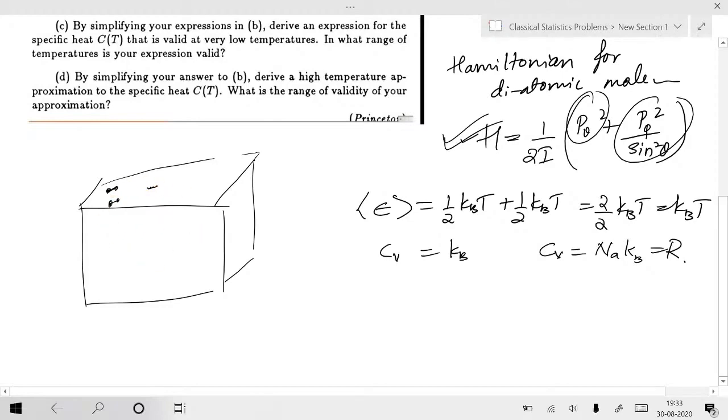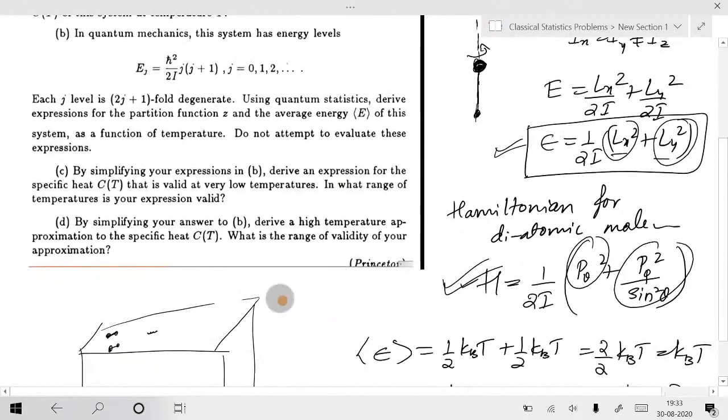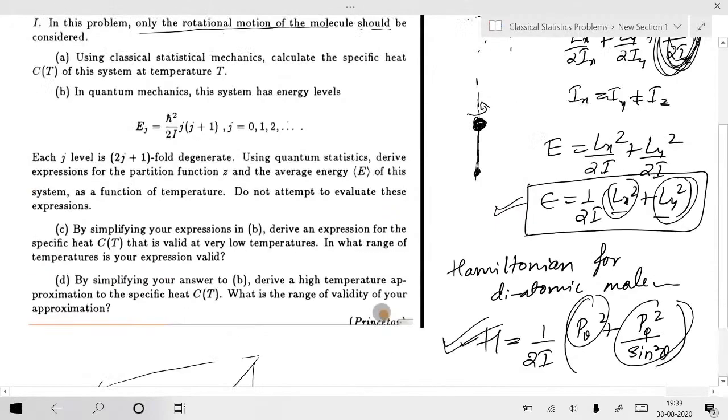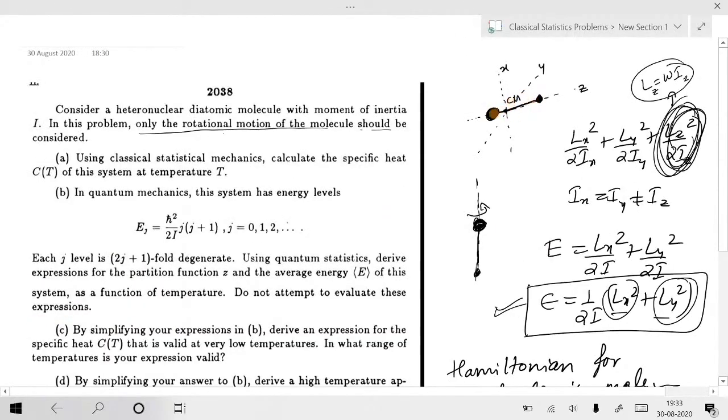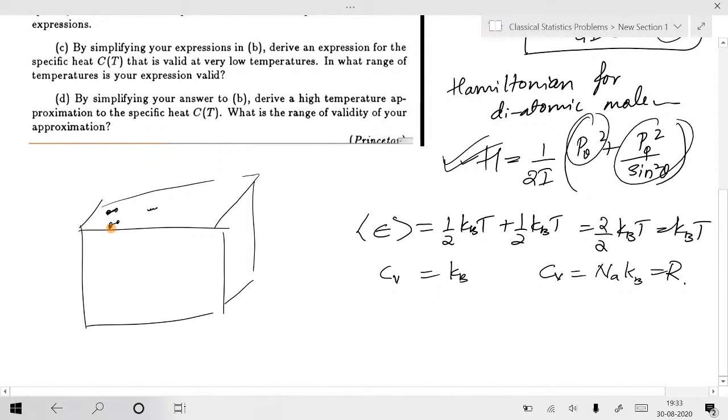Along with this rotation, they will have a translation also. Let me not take vibration into account. There may exist vibration between the two nuclei, the internuclear vibration, but let me not take vibration into account. But when I think of rotation plus translation,